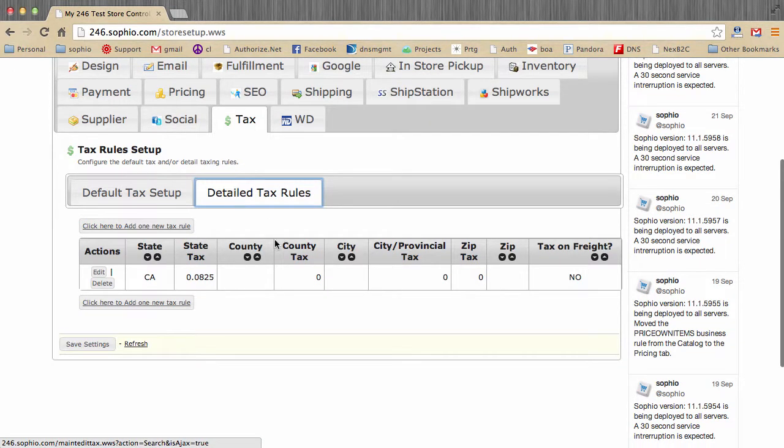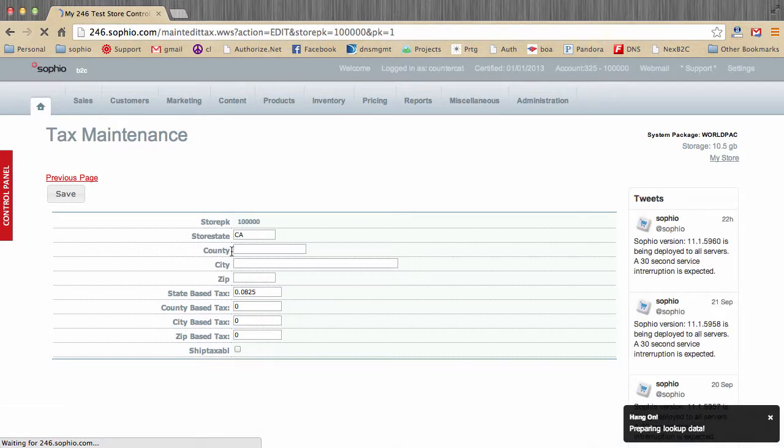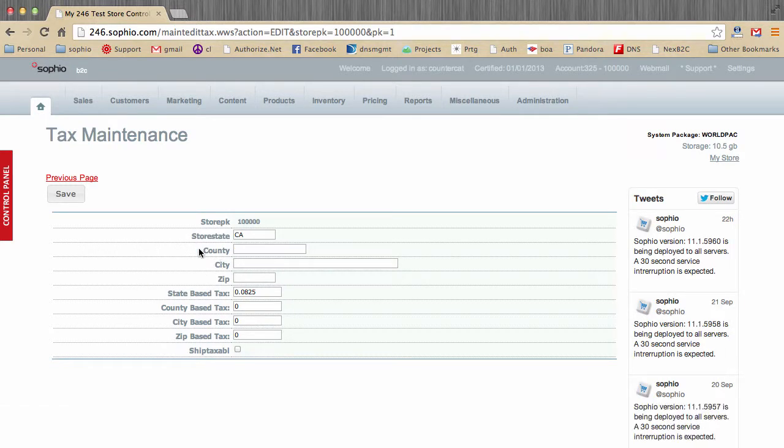All right, now in our example demo store here, we've got a tax rate of 8.25%. Notice we enter it in as a fraction, and we got it for the state California. Now if I want to edit that, I can click Edit, and we will get into the tax detail. Yep, here we go. All right, now if we wanted to do county-based taxation, we could type in